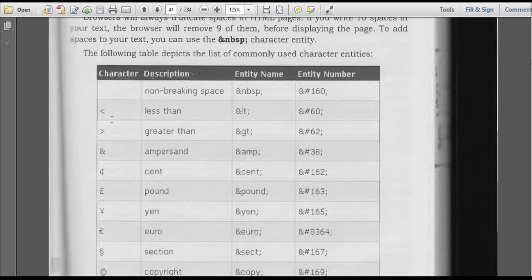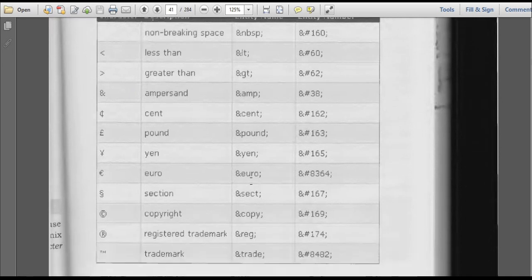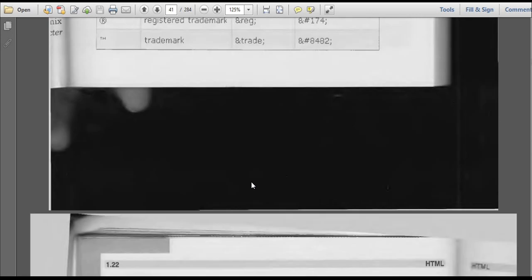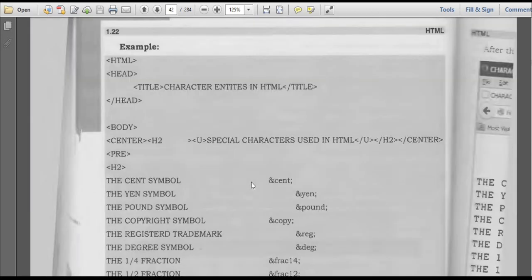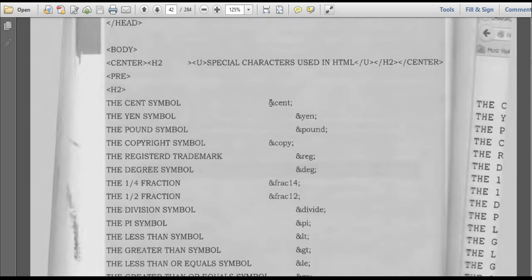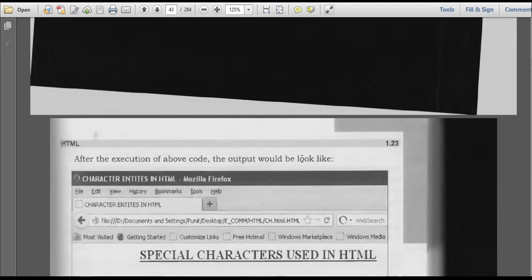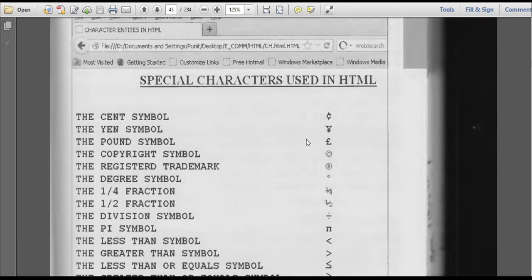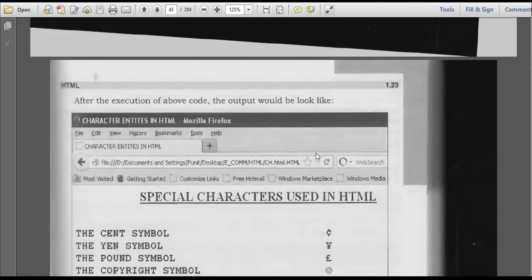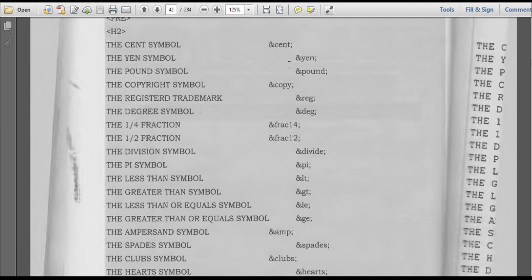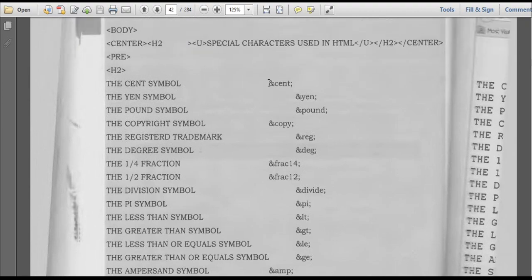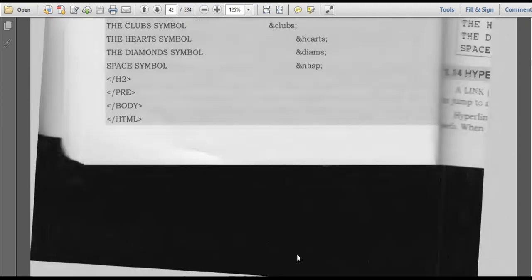If you want to print these characters, you have to use these entities in the program. Okay, so we'll see some examples here. Cent, pound, copy, registered. So to get all these things, these are the symbols. For the cent symbol, I have written &cent;. So this will print the symbol in the output.